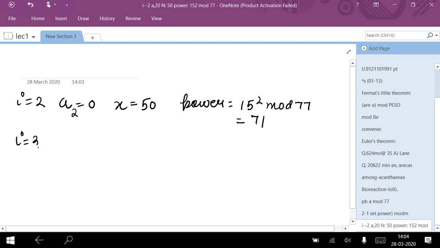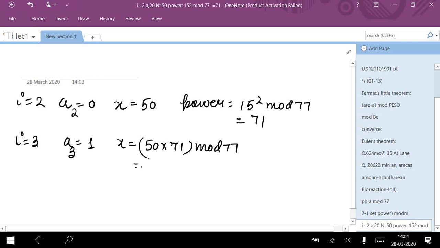Now I equal to 3. For I equal to 3, what is the a3 value? The a3 value is 1, which means we have to update the value of x. The value of x will be the previous value of x times the power value, mod 77. After multiplication followed by the modulo operation, the answer is 8. And what should be the power value? The power value is the previous power value square and mod 77. So after solving,